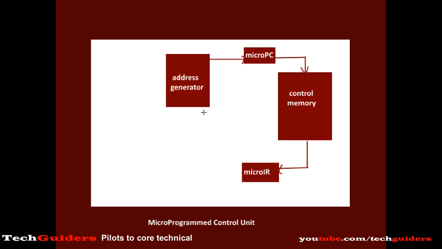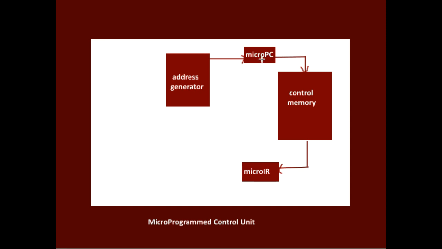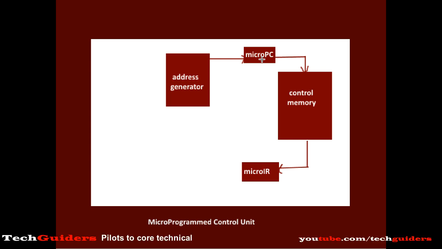So how is this decision made, and what are the inputs to the address generator? We know that the system usually follows an instruction fetch, decode, execute cycle from boot up till shutdown. So it's possible to initiate the microprogram counter with some initial address. This is usually the starting address of some instruction fetch routine. Suppose our instruction fetch routine is at locations 0001 and 02 of the control memory, just assume. Then the microprogram counter can be initiated with the starting address of this fetch routine.